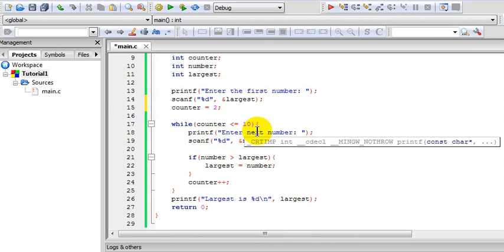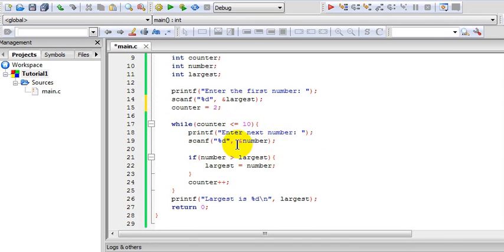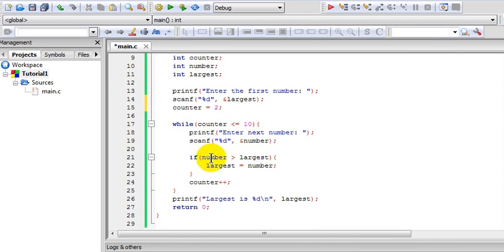Then it'll prompt the user again to enter the next number. He'll enter the next number. It'll be stored in the number variable. Then it'll check again, is it greater or not. Then it'll replace if it is greater, else it'll just increase the counter. And after finishing all those 10 numbers, it'll finally print out the largest number. Okay, so let's just build and run it,